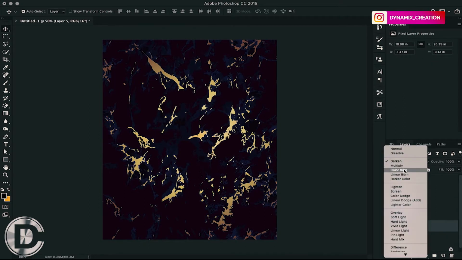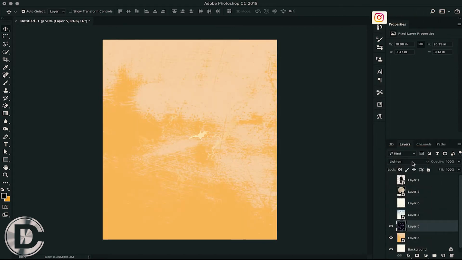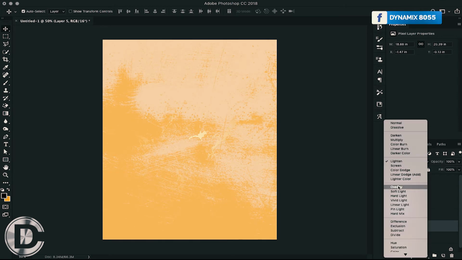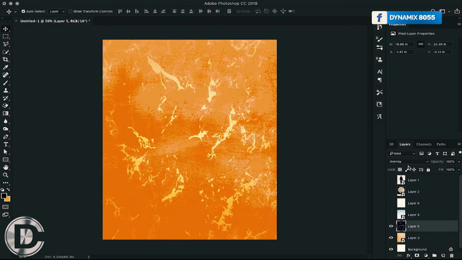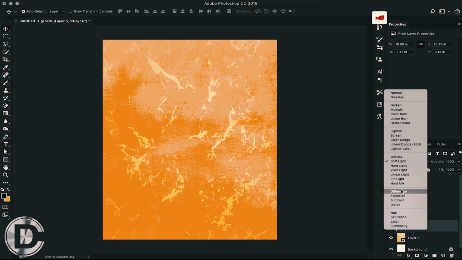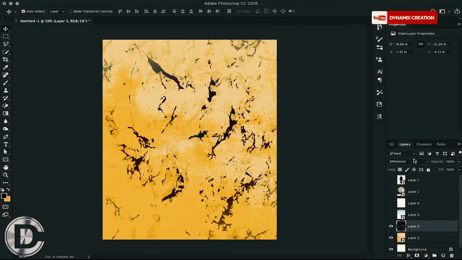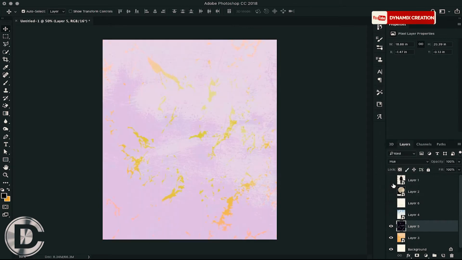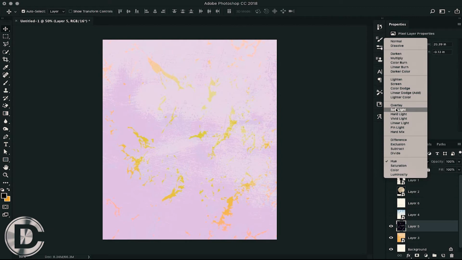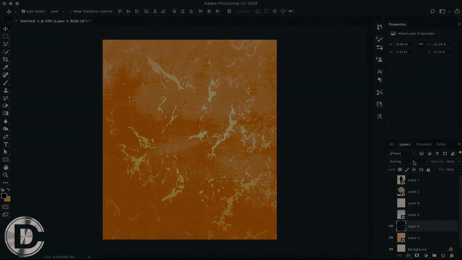And in lighten, the portion that is visible is only the white or brightest part of the image. Moving to the contrast, it works with 50% gray visibility and 50% gray invisibility. In the comparative portion, you can see the difference between the lower image and the upper image. With blending modes like color, you can differentiate the color qualities of two images. So now let's get straight into the video.